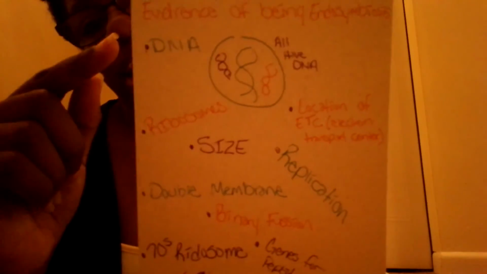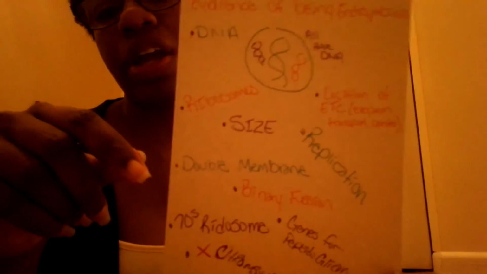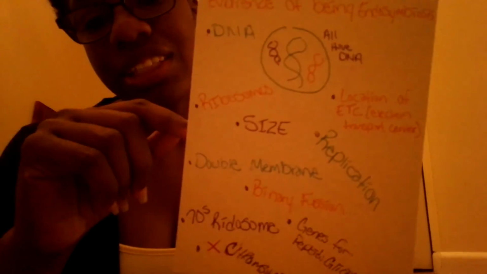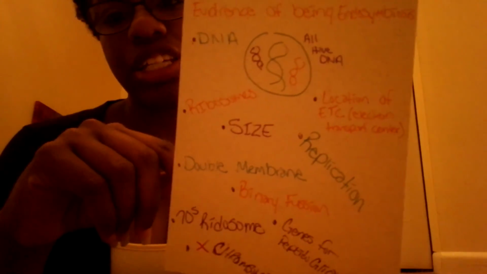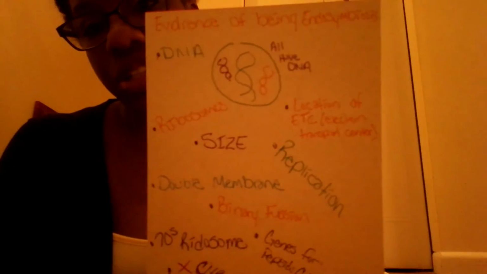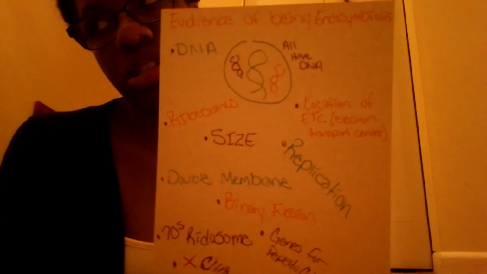Now, evidence of being in the endosymbiotic system, as far as referring to the prokaryote cells, is that it has DNA, 70S ribosomes, a double membrane. It has a size to it, and it has binary fission and replication, and also a location that is called the electron transport location, which